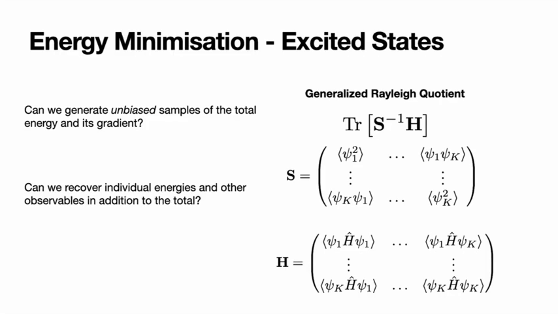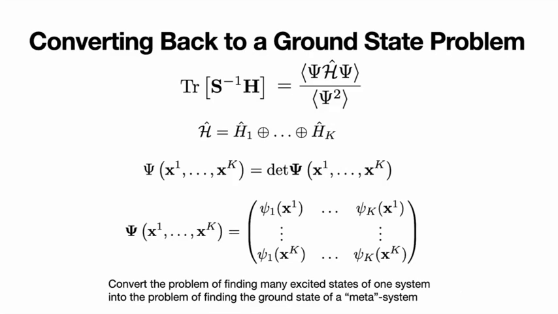And even though minimizing this objective function will give you states which span the excited states, can we actually disentangle them? Can we unmix them so that we actually get the energies and maybe observables in order from the ground state on up? And the answer to that is yes in both cases. So the first trick is that if we write this out in the right form, we can turn this generalized Rayleigh quotient back into a Rayleigh quotient for the ground state,